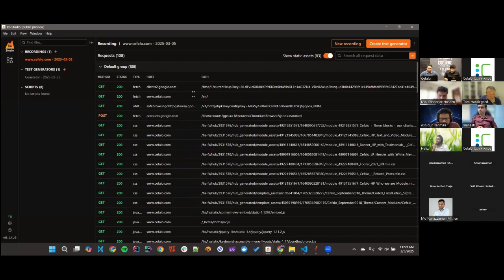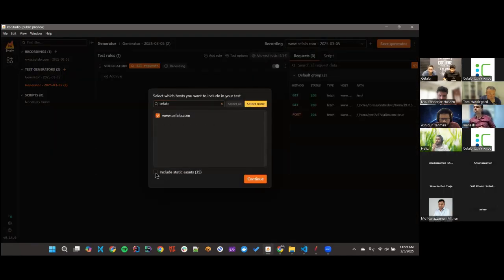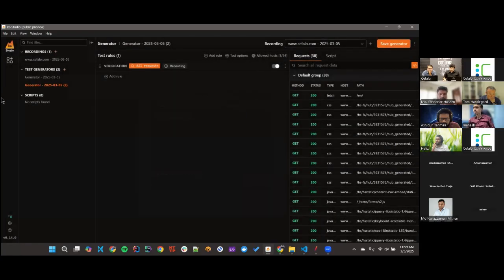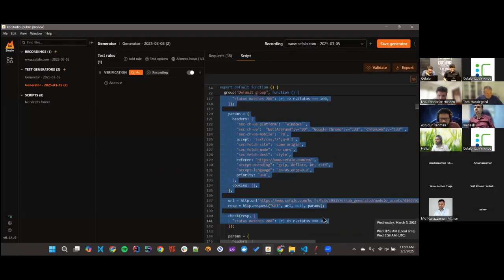Let's filter with Cephalo, and I will also check include static assets because these are needed to render stuff, right? It created and filtered out these requests, and it also generated a script for you. What I can do is just copy it,